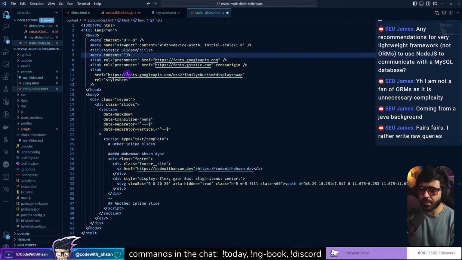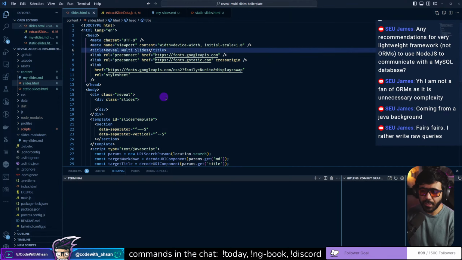So here we have name, description, and the content is: this is an example of a static slides.html that doesn't point to an external markdown file. Okay,